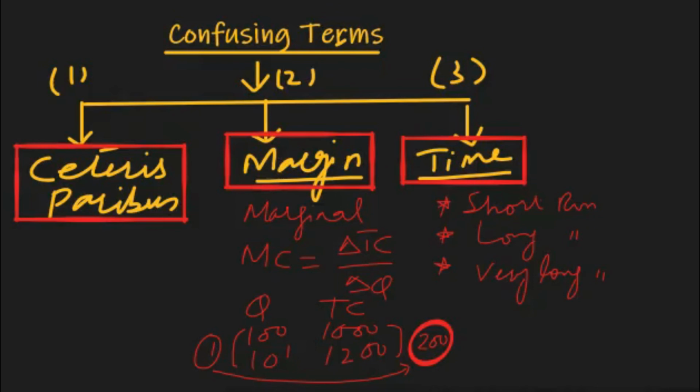However, if we can purchase new land, if we can hire new workers, and we can purchase new capital or machinery, that would be a long run period of time. And very long run is a period of time in which, along with all the factors of production, state of technology, government regulation, and social considerations can also change.